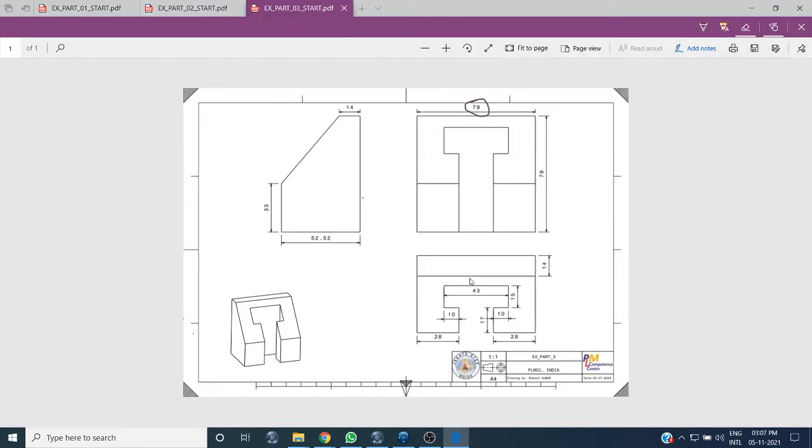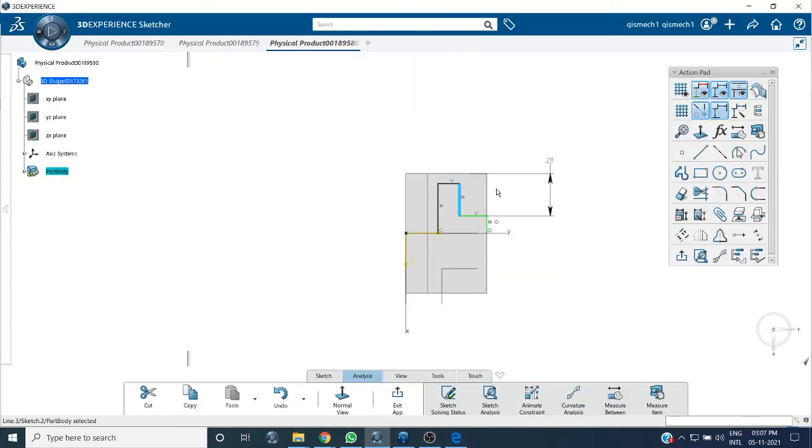Then what is this length? This is 10 and this vertical line is 15. This one is 21.